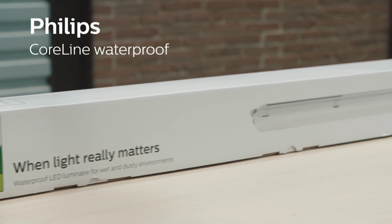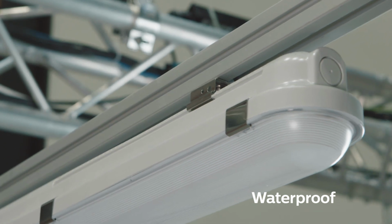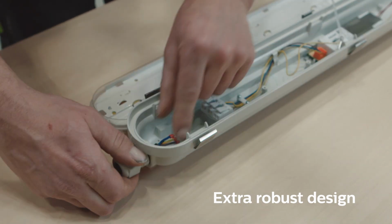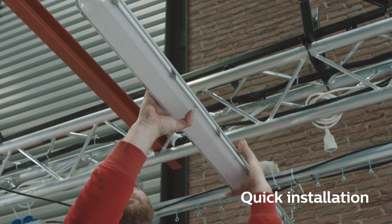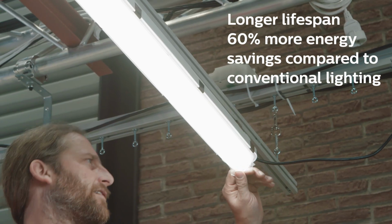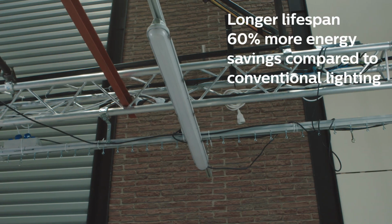This is the new Philips CoreLine waterproof. Efficient, reliable, and waterproof lighting with a robust design for a smart, simple, and very quick installation. The Philips CoreLine waterproof with a longer lifespan and up to 60% more energy savings compared to conventional lighting, with